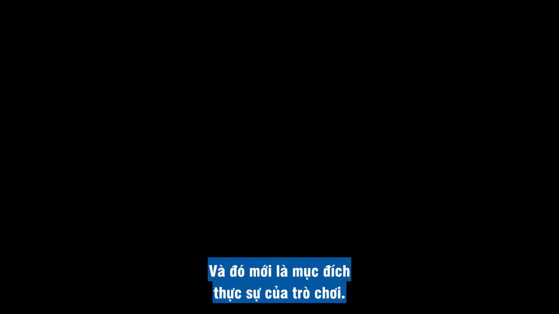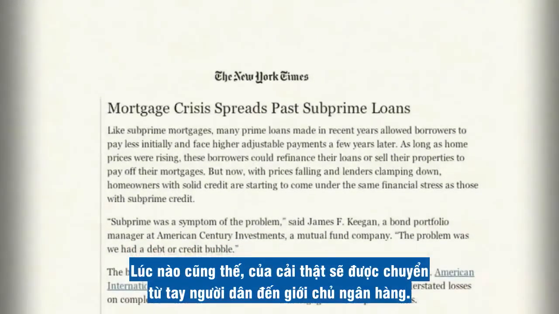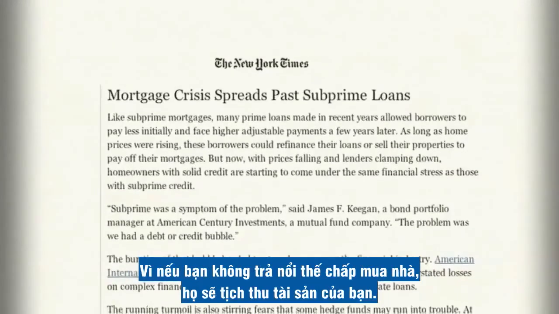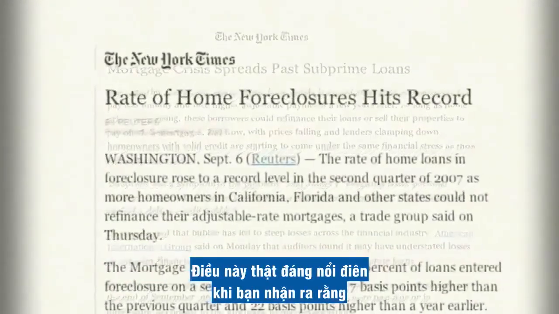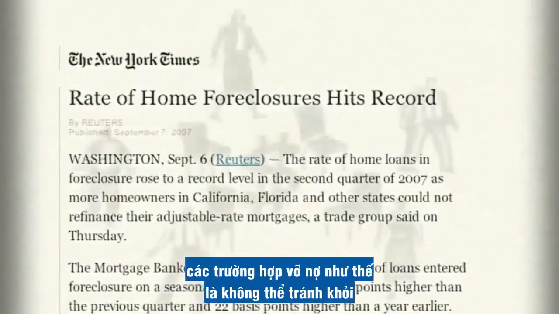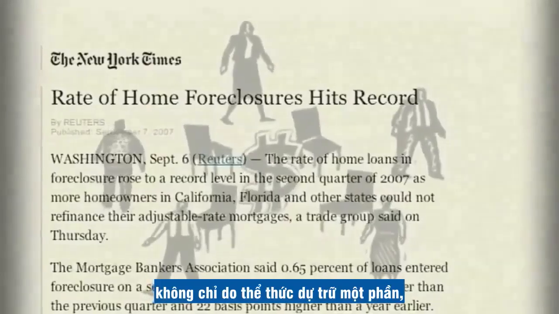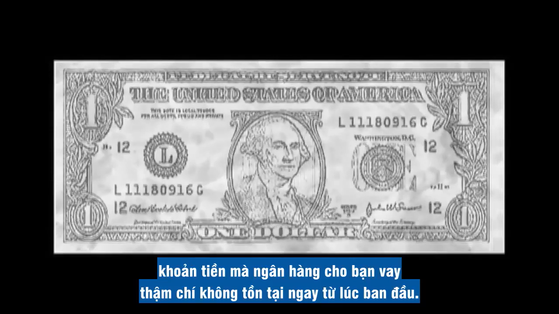And that's the point. It invariably transfers true wealth from the individual to the banks. For if you are unable to pay for your mortgage, they will take your property. This is particularly enraging when you realize that not only is such a default inevitable due to the fractional reserve practice, but also because of the fact that the money that the bank loaned to you didn't even legally exist